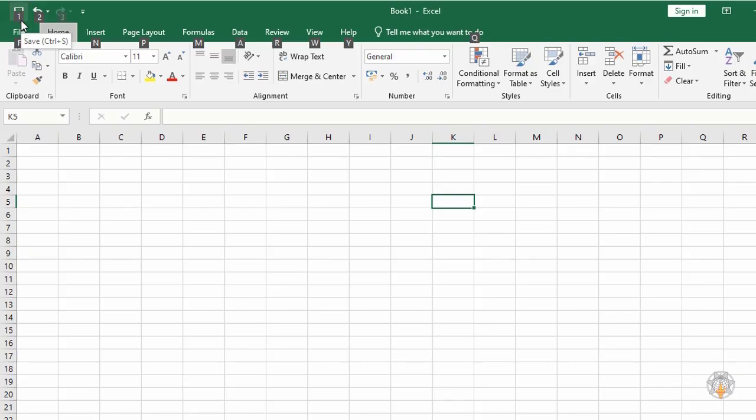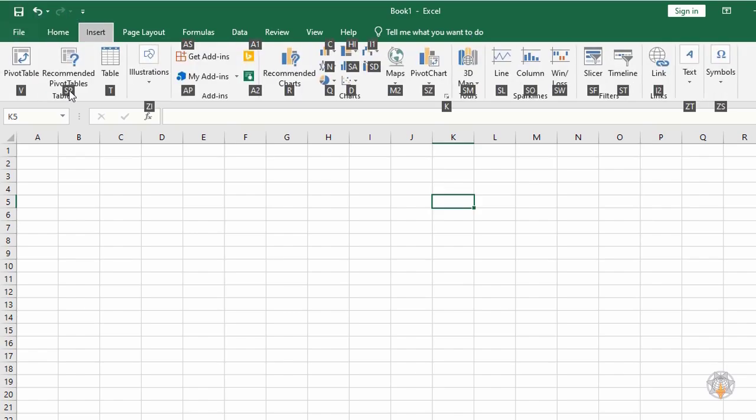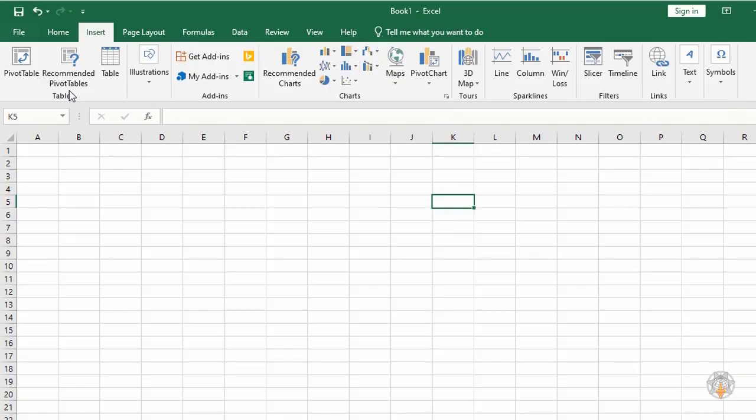Now, if you press the key to activate a particular tab, for example, N for the Insert tab, the labels showing the key tips for the commands on that tab appear. You can press the Alt key once again to hide the access keys.